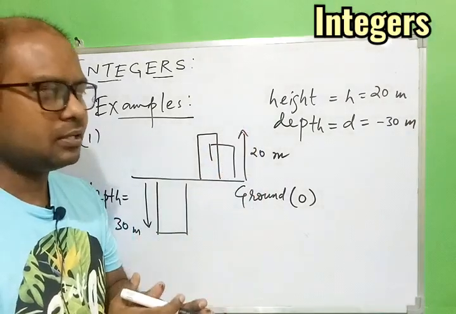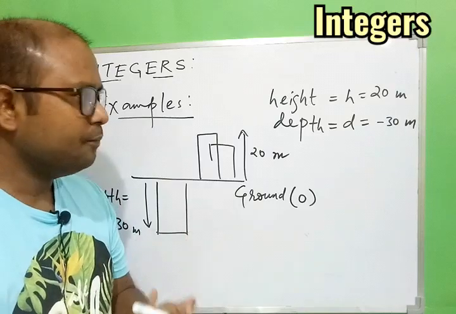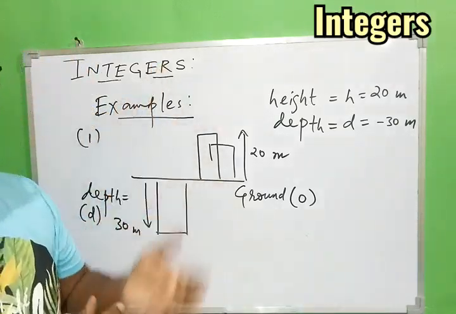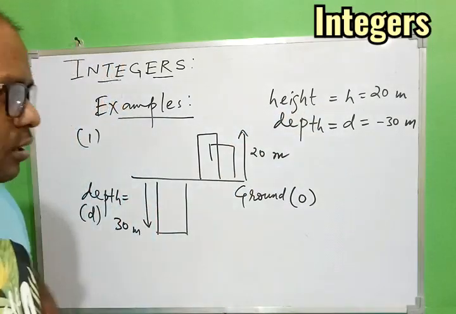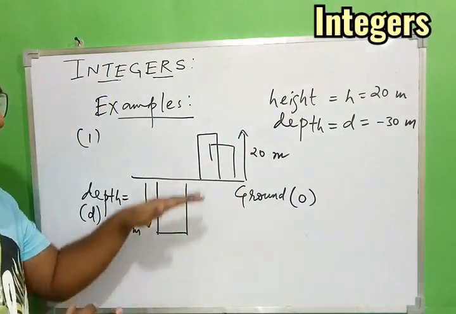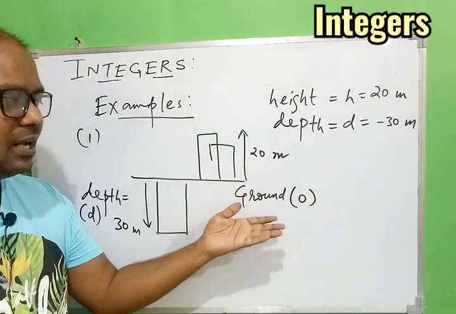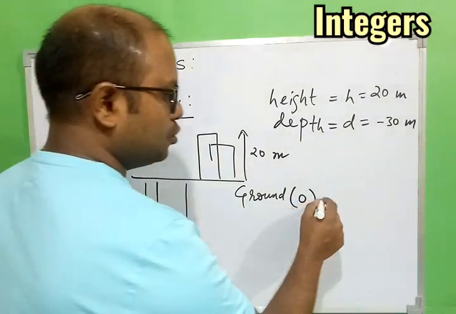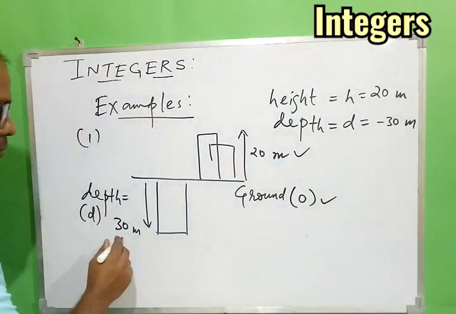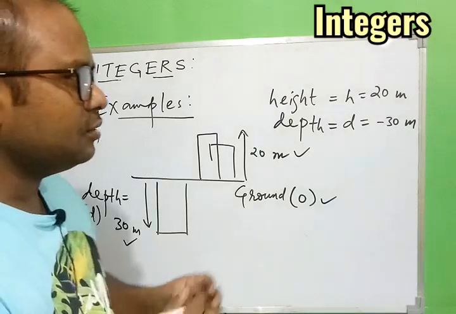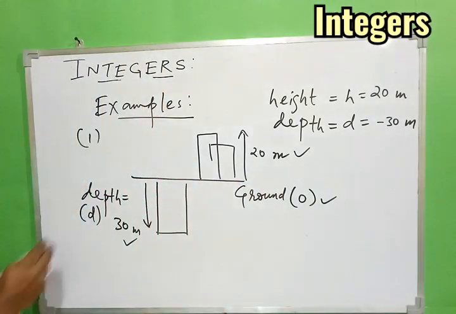Positive and negative numbers help us to differentiate. If I just write 20 meter height, you understand we are talking about something above the ground surface. If it is minus 30 meter, we are talking about something below the ground level, and in that case ground itself will be taken as 0. So here we get 0, positive numbers, and negative numbers. That is how integers can be utilized in daily life: positive, negative and 0.